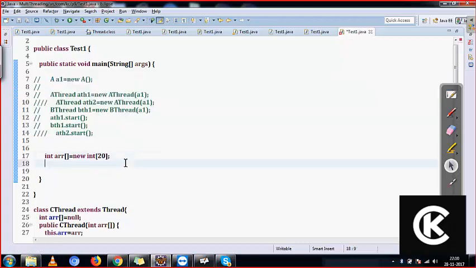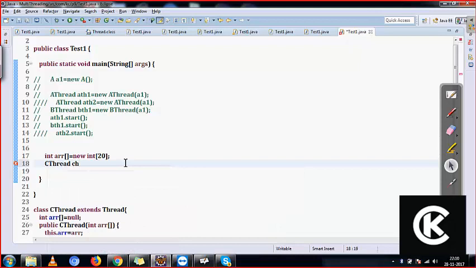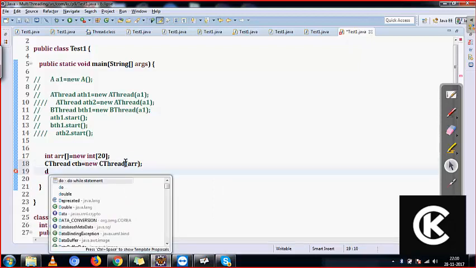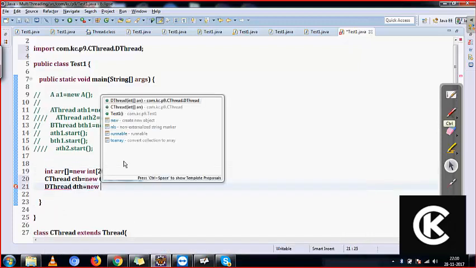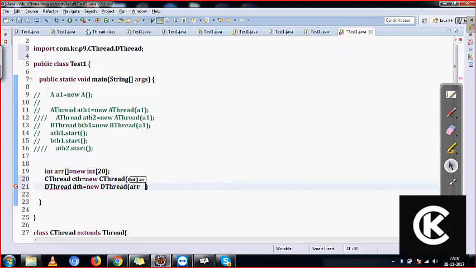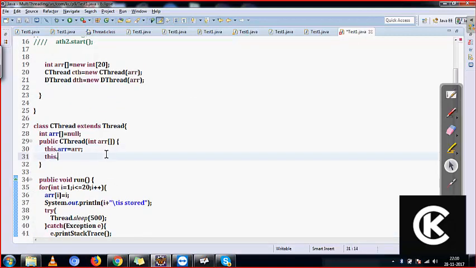Now it is an array. So what you have to do is create a C thread object: C thread cth is equal to new C thread with ARR, and then D thread dth is equal to new D thread with ARR. Two threads with the same ARR, the resource is the same. And I'll start them here only, okay? cth.start